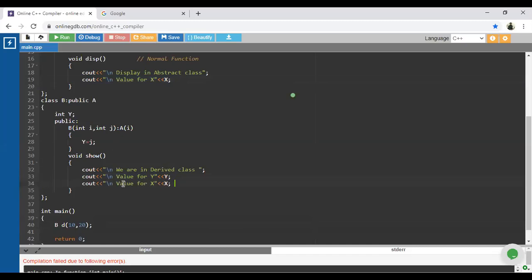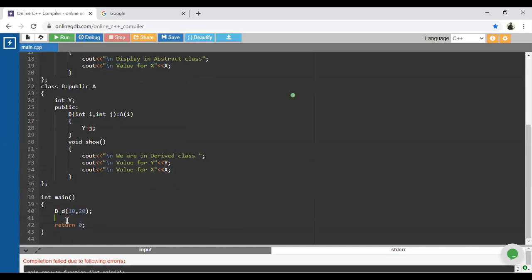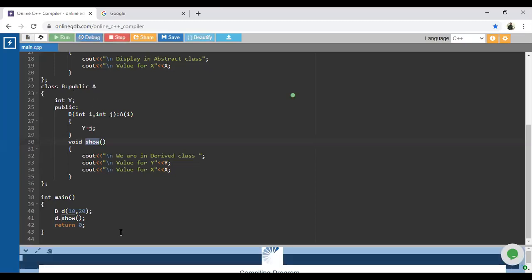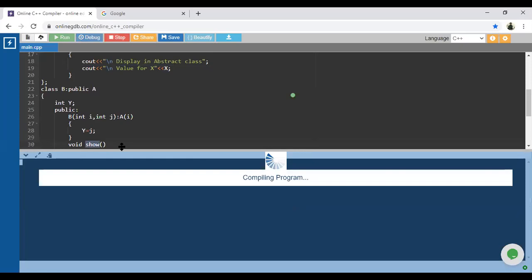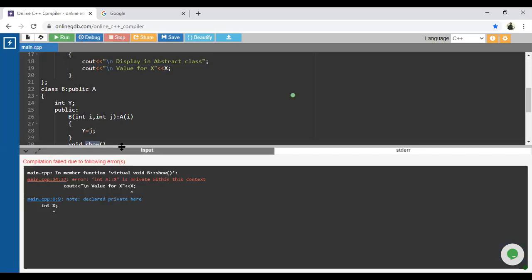How do you call this show function with the help of the d object? Directly d dot show. We are directly calling this function which is available inside the derived class, because we have the object of the derived class right now, instead of creating the base pointer and the variables.